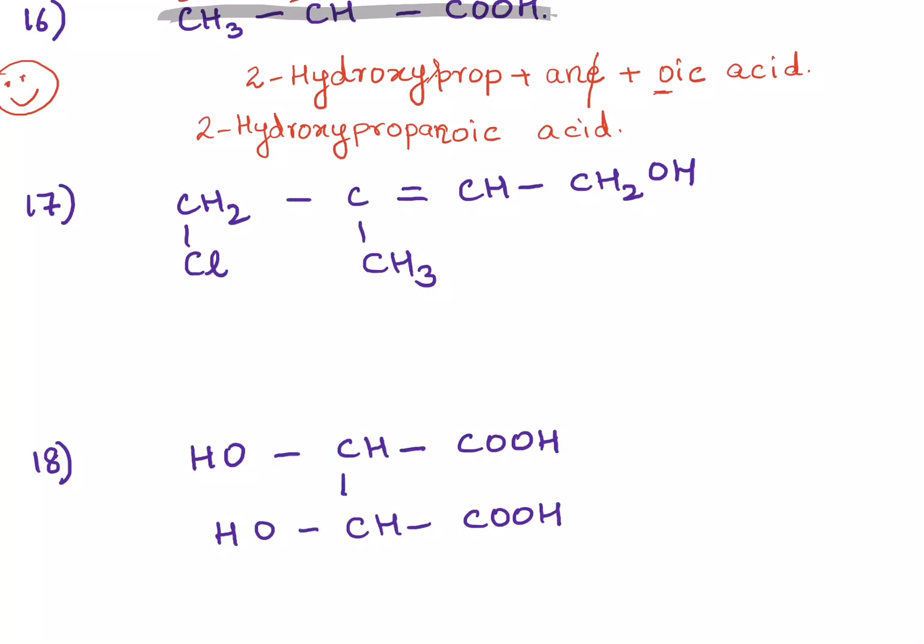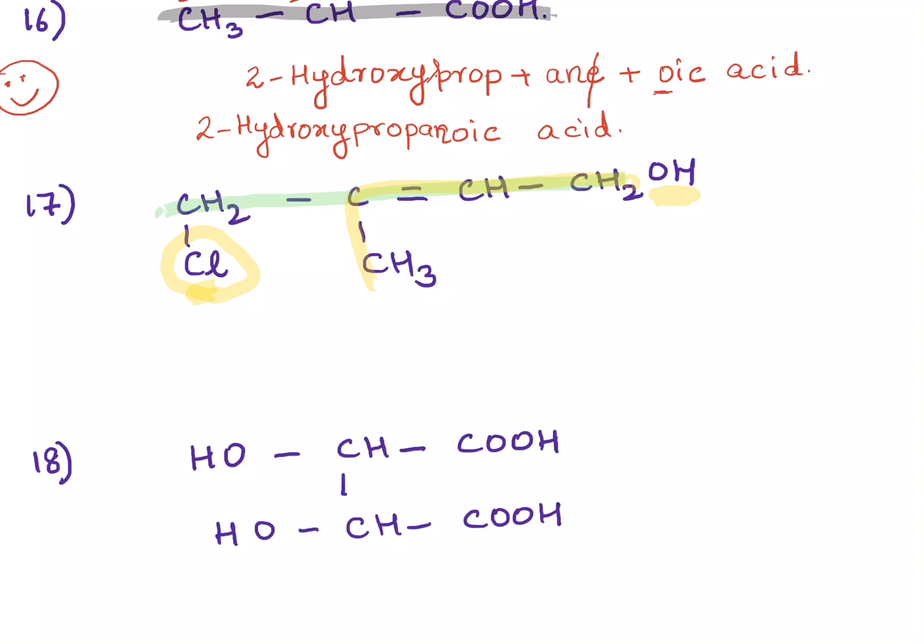Got it? So we have here 1, 2, 3, 4. Why not this 1, 2, 3, 4? Yes, because we've got a chlorine over here. So we will try to include it, right? Why do you want to treat it as a second class citizen and get into all that trouble? Let's cover it in the name itself. Of course, it is anyway going to be written as a prefix because the boss is already there.